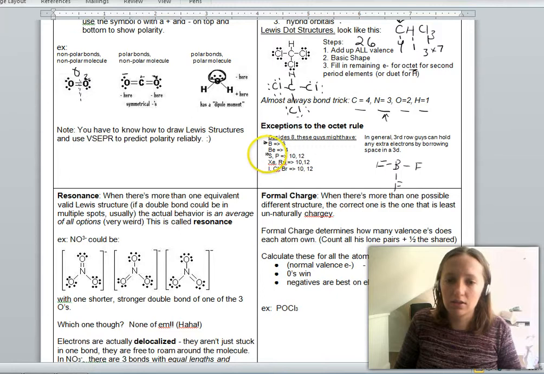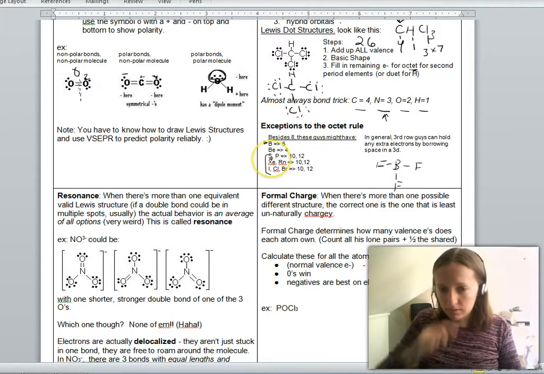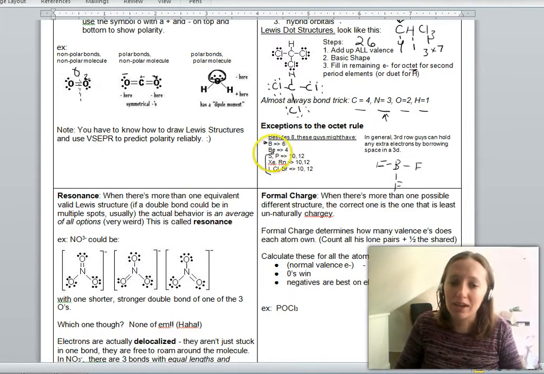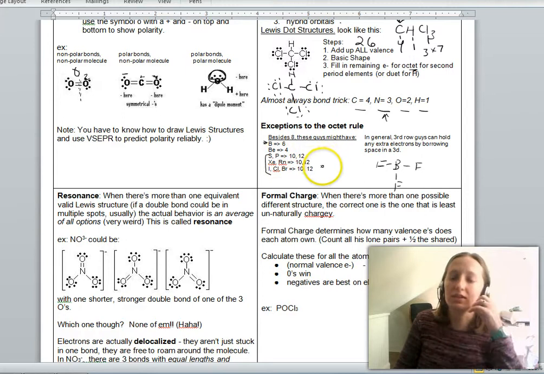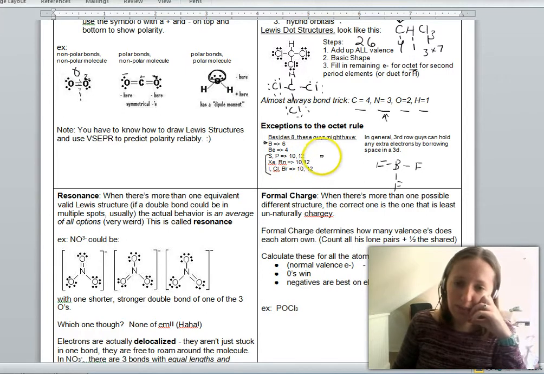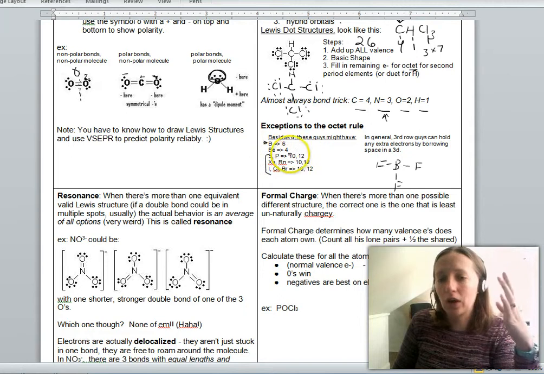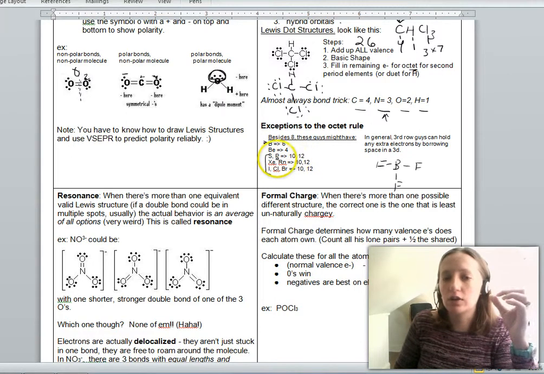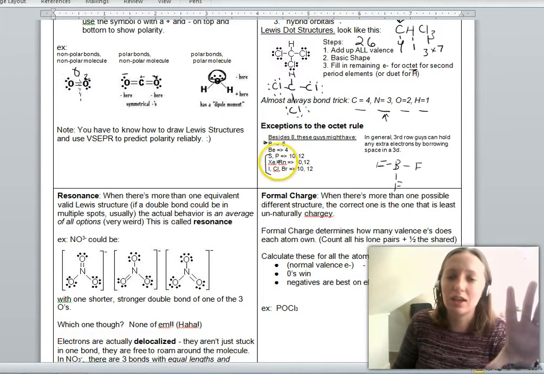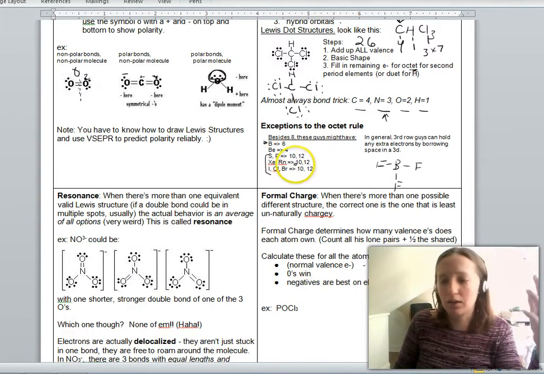And these are the ones that tend to have more than 8, usually only when they're the center atom. For example, sulfur will be bonded to 6 different things. Well, if it's got 6 bonds, then you can't have an octet around sulfur. And what's going on is that sulfur, with those extra electrons, can actually cram them into a 3D orbital, which, if you look at the periodic table,